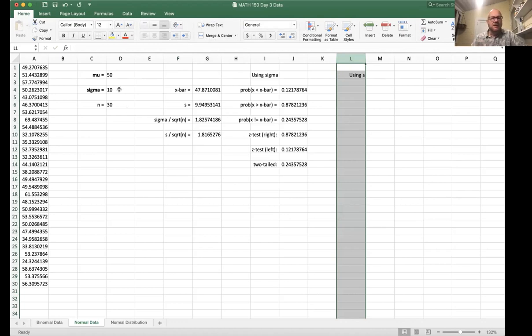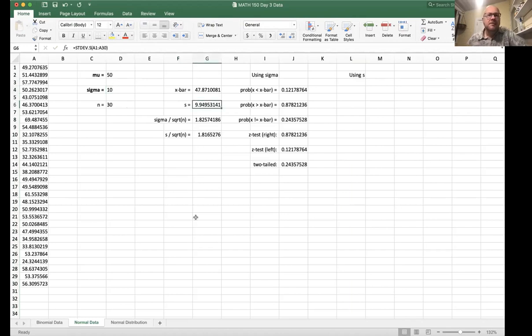If you look at the sigma that I gave you, it was 10, and the S that we got from estimating it was 9.9495. That's pretty close. And we generally find that the larger the n value is, the better that estimate turns out to be. So, I'm going to copy all that stuff down,